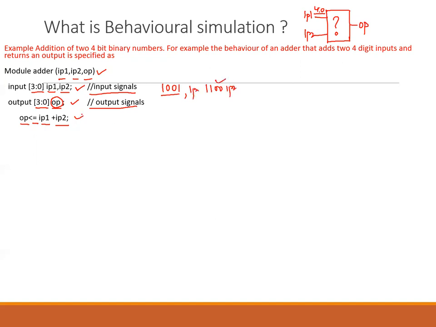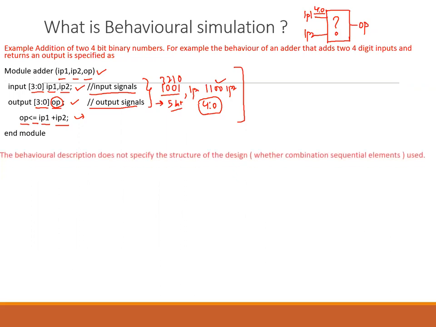Then your output is also 4 bits. But this is overruled, because your output can be 5-bit. Then it needs to be described as [4:0]. The number of bits is 5. So this is bit 0, 1, 2, 3, like this. That we will cover later on. Right now, the emphasis is on how you are describing this. In this, we are not describing anything about the internal circuitry. We are just giving the behavior. So the module ends.